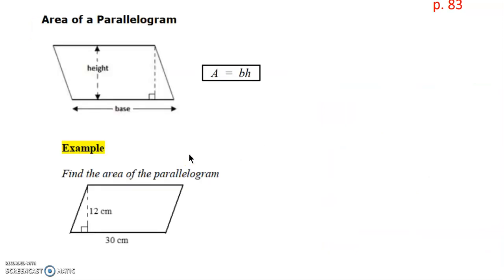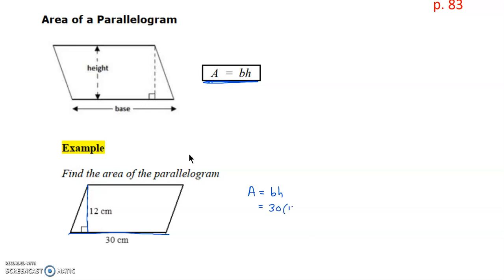The area of a parallelogram is nearly identical to the area of a rectangle, because really it's just a rectangle tilted over. But what they have to show us whenever they give us a parallelogram is the height, because the formula for area of a parallelogram is base times height. So the base here is 30, and the height here is 12. So the area is base times height,